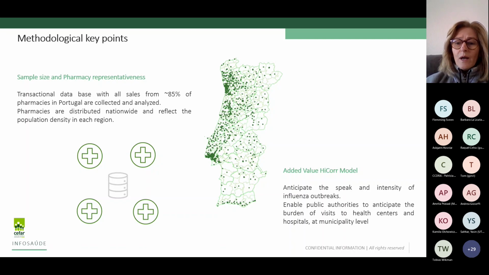We have a data warehouse where we have all the sales data from the pharmacies, and we try to develop a model that contributes to anticipating the peak and the intensity of influenza outbreaks. This model could enable public authorities to anticipate the burden of visits to health centers and hospitals, and not only at the national level, but at municipality level. So how did